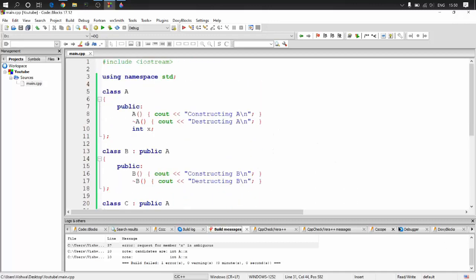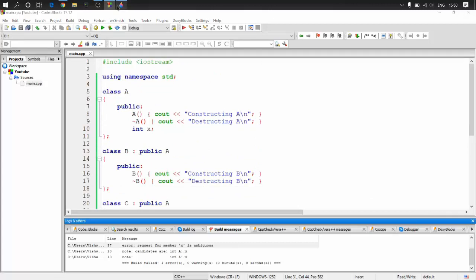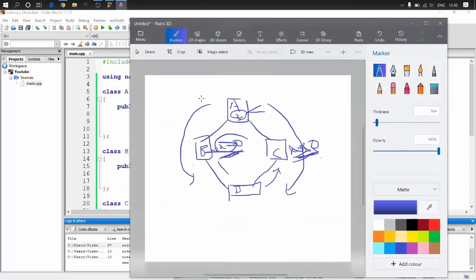So what does that do? Well, if you see here, what we are doing, we are just creating two copies of A, right? So what virtual inheritance does is, while inheriting into these two classes, I know that these two classes are going to be a parent of some other class. So now my solution to this is, I'll keep this virtual.